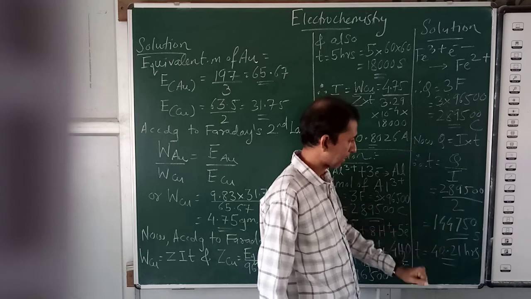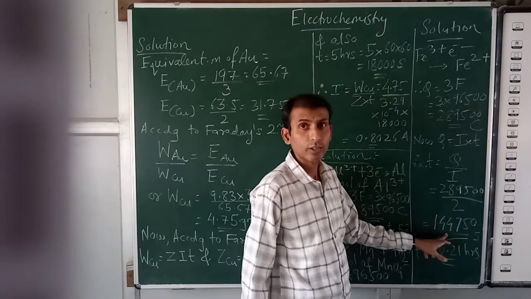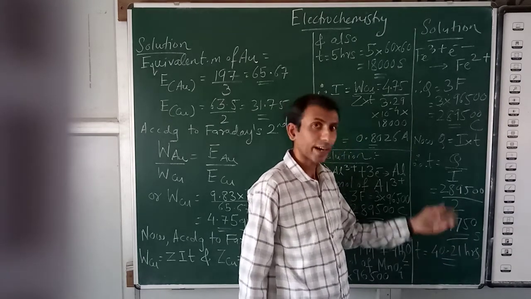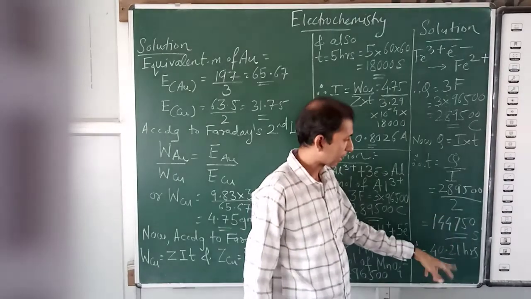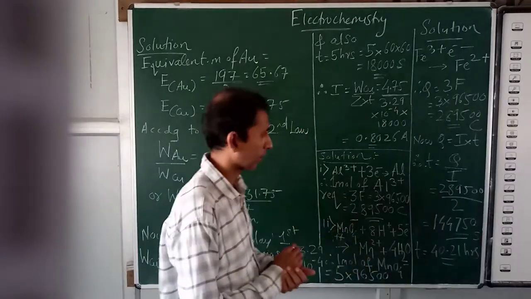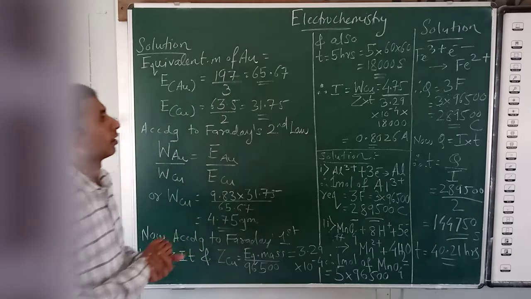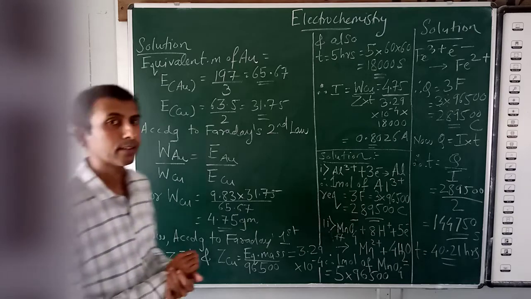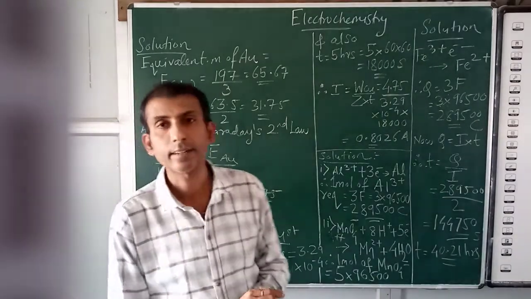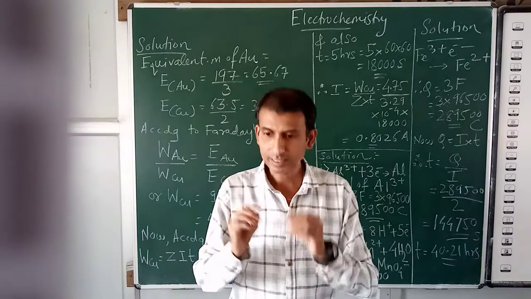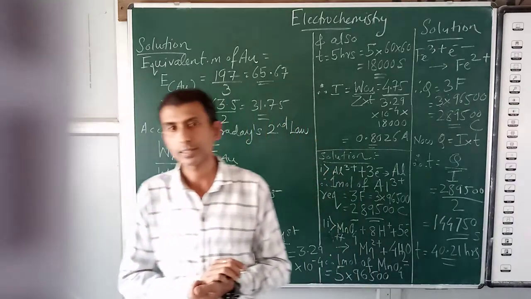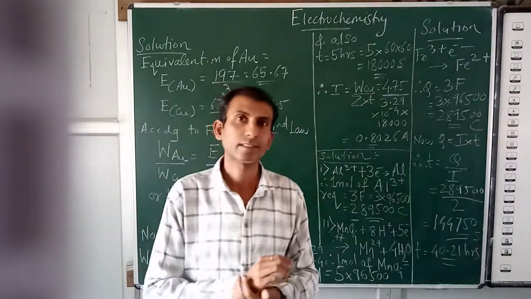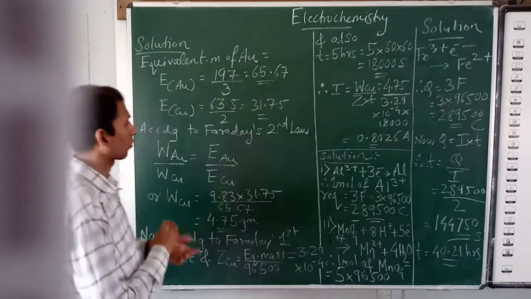That you convert into hours because they have asked for time in hours. So this we get in seconds. Convert that into hours. कैसे convert करेंगे? This value you divide by 60. 60 से divide करेंगे तो ये आपको final answer आएगा. So this is the final answer for the third numerical. And then with these 3 numericals we complete Faraday's laws of electrolysis along with the numericals